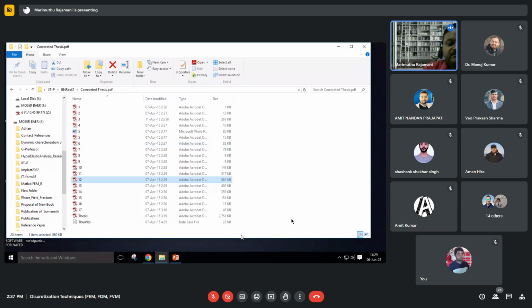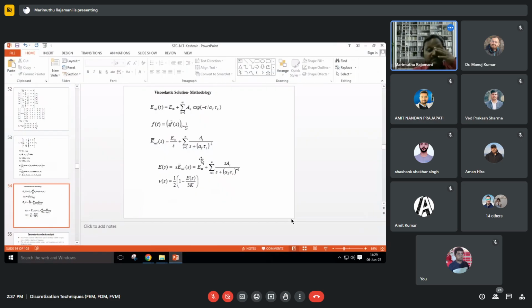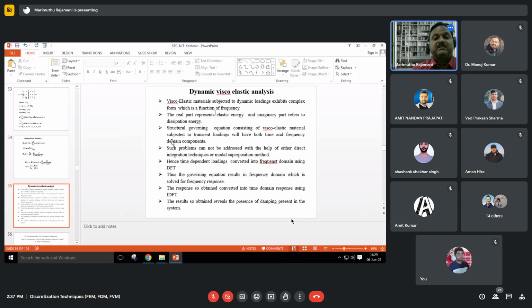And okay, this is the viscoelastic solution method. So before going into the next one, since one of the persons asked about the shape function,